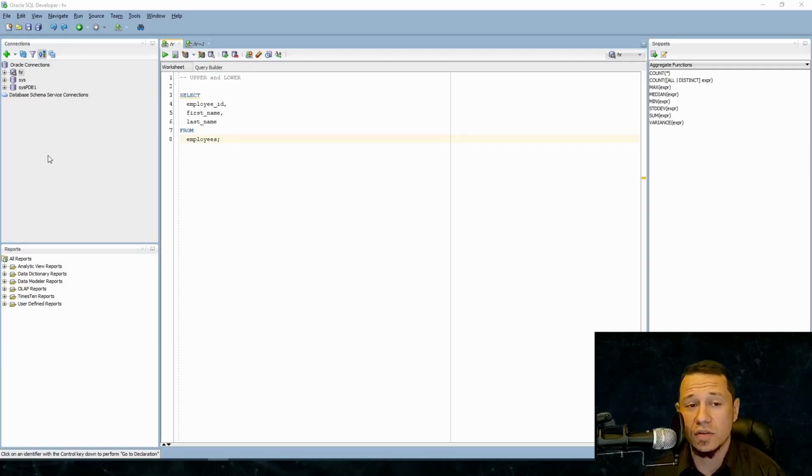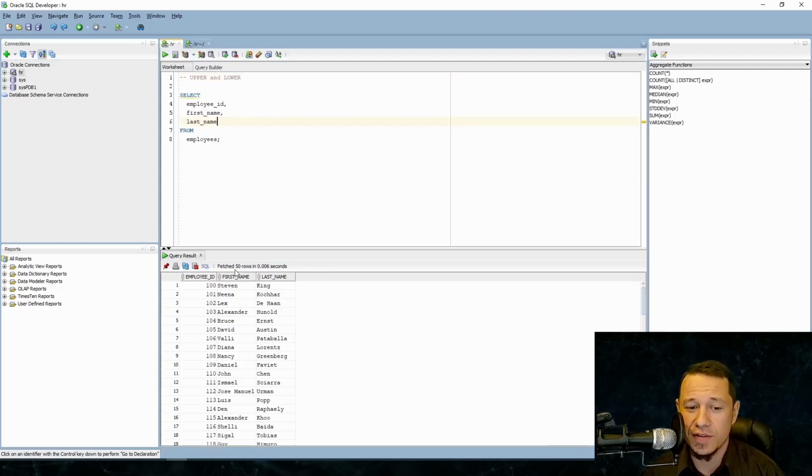So the first character functions we're going to be using are the upper and the lower functions. Those accept one parameter, and as suggested by the name, they convert lowercase alphabetical signs to uppercase and vice versa. So the uppercase to lowercase. Let's execute our query where I fetch first name, last name, and the employee ID from the employees table on